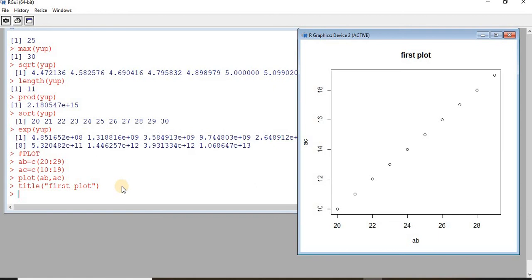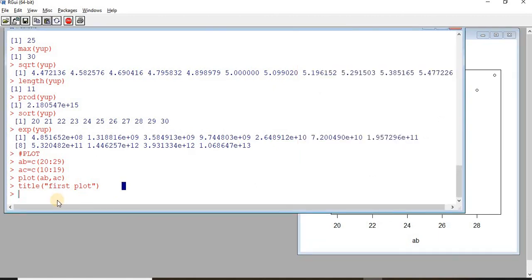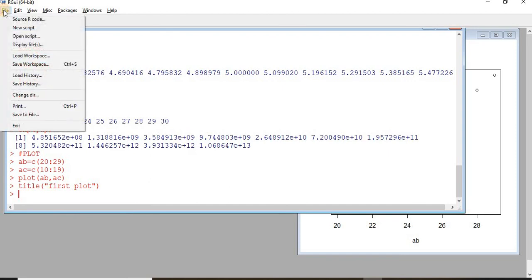Now, every time you make some commands like this, you have to save it explicitly using this save workspace icon, or using File, Save Workspace. When you save workspace, all the objects that you have created during this session will be stored.